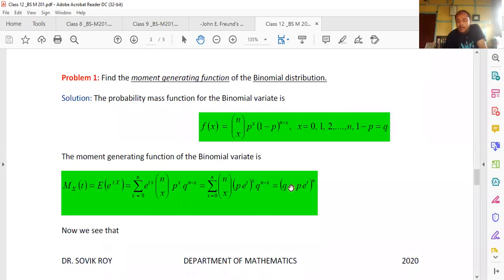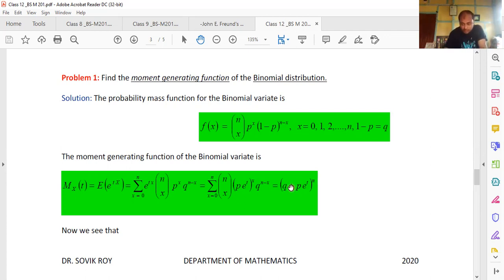Okay, so I'll ask all of you, so far we have discussed the probability distributions of binomial and Poisson. Somewhere in your copy, you make a chart. In the chart, your first column will be the names of the probability distributions you have studied so far. In the second column, you write their moment generating functions.